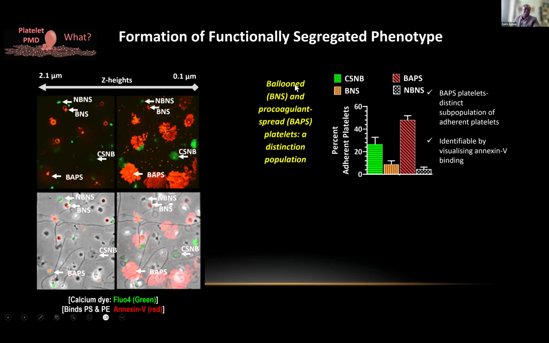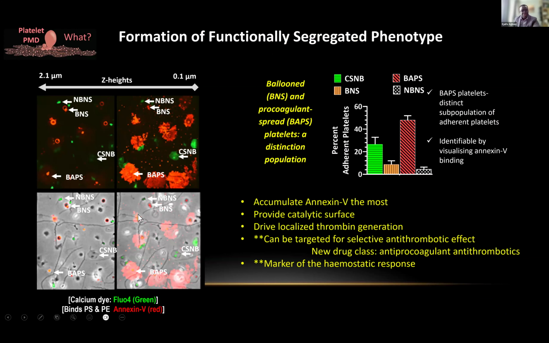Now, ballooned and procoagulant spread platelets are actually a distinct population. And again, as still images from that video, you will notice that they are the ones that have accumulated annexin 5 the most. So in other words, they are the ones providing the catalytic surface for the docking of coagulation factors. So we believe this phenotype among platelets will be driving thrombin generation. So perhaps we might be able to in future selectively target these platelets for antithrombotic effect. And we might be able to also use this platelet phenotype